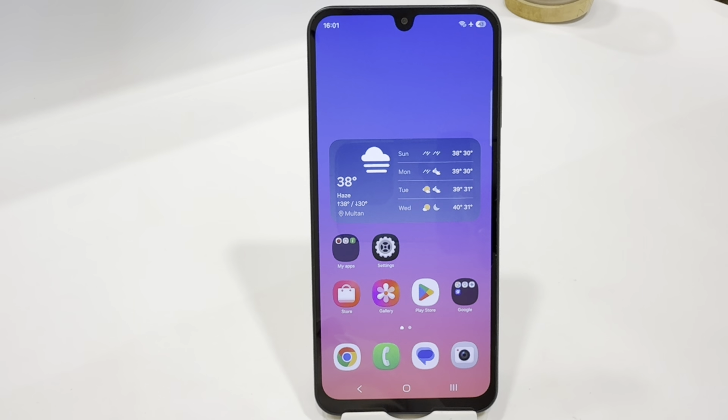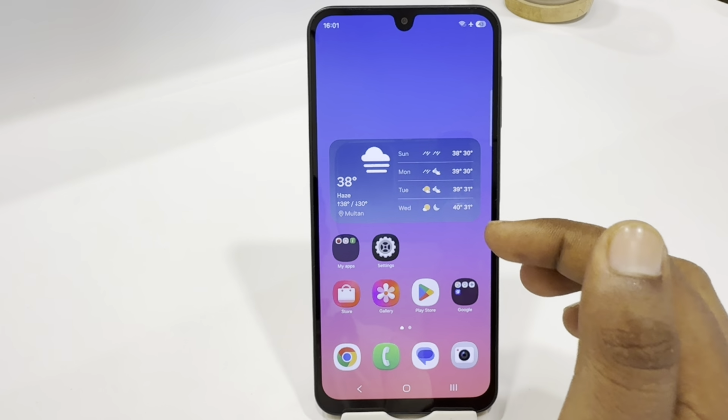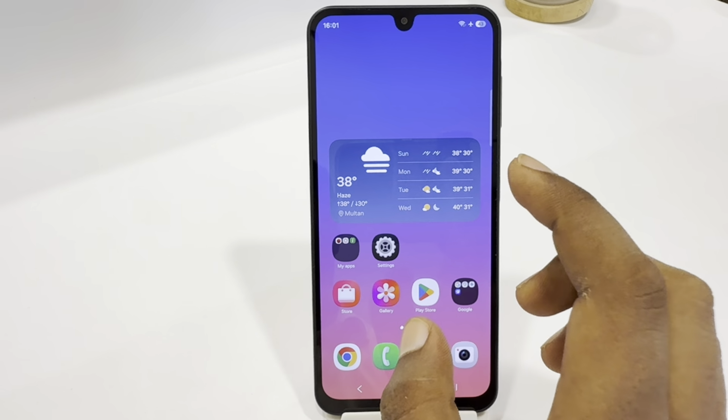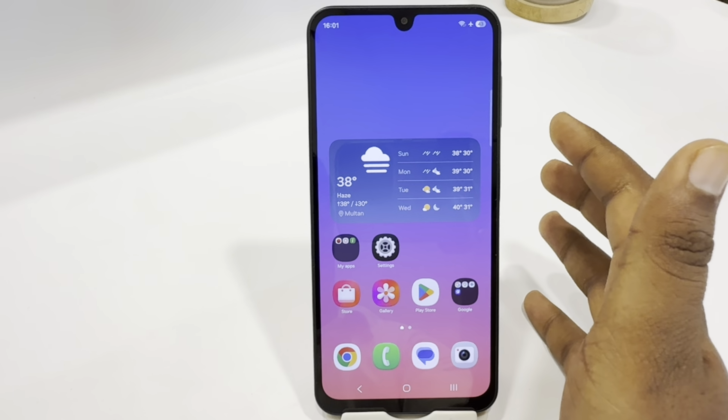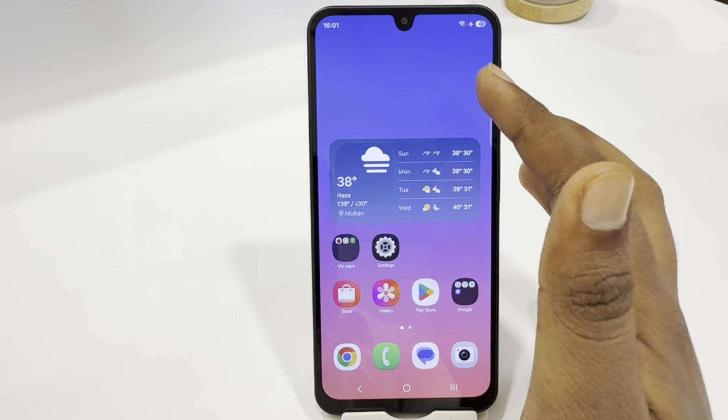Hey guys, today I'm going to tell you how to fix clock widget is not showing in Samsung Galaxy S21. If you're using Galaxy S21 and you're facing the issue that once you have restarted your phone, your clock widget is not showing here or here or anywhere on your home screen, so let's see how can you restore